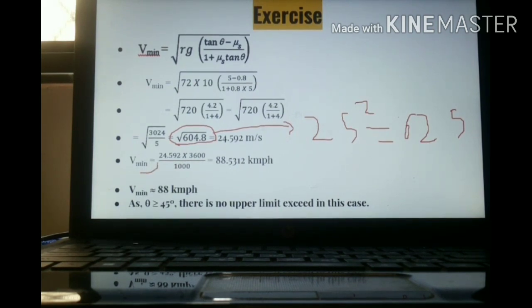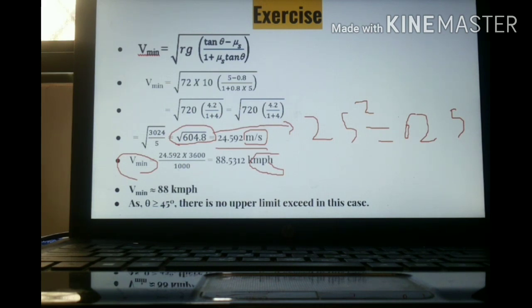Okay, so this is not our ultimate answer. Our ultimate answer is to find the value of V min, and V min should be in kilometer per hour. If you leave the answer over here, then also it will be marked as right. Why am I telling you it will be marked as right? Because in the question paper, if it has not been asked that the answer should be only in kilometer per hour, you can keep it as it is. But in the textbook the answer has been given in kilometer per hour, so therefore we are doing one more step.